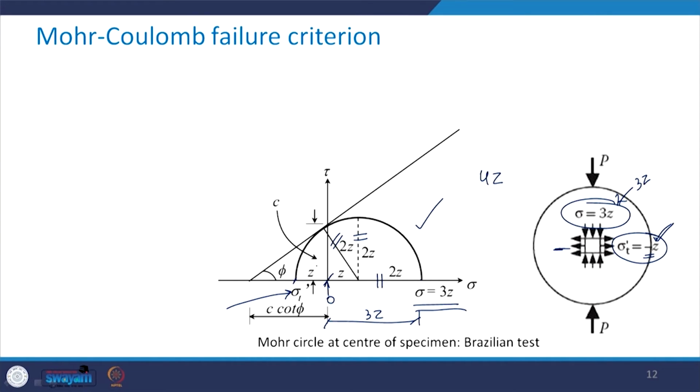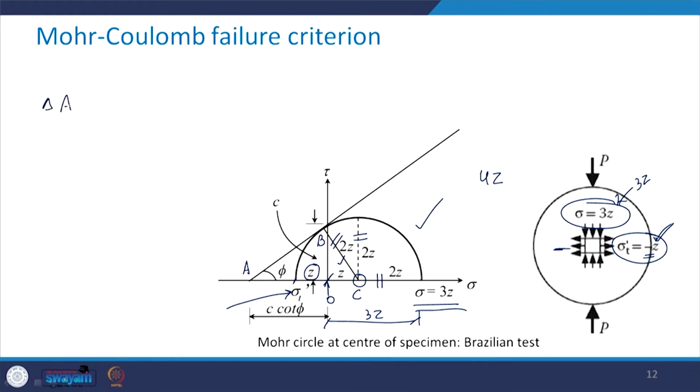Now since this distance is Z, the remaining distance from 0 to the center of the circle, which is this point, has to be equal to Z. Taking note of all this, take this triangle, let us say this point is B and this point is say C. So take this triangle,